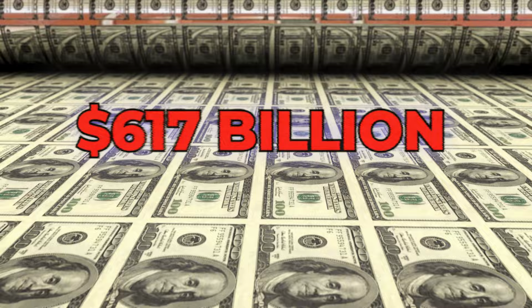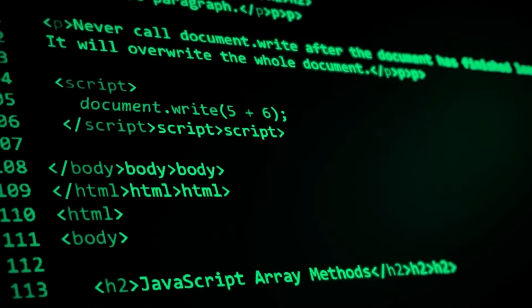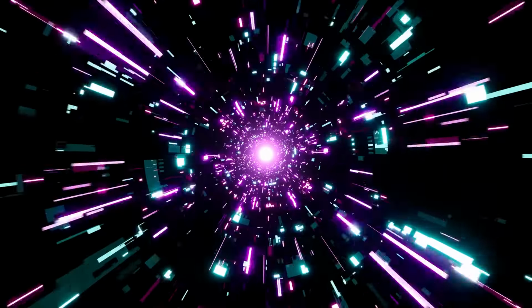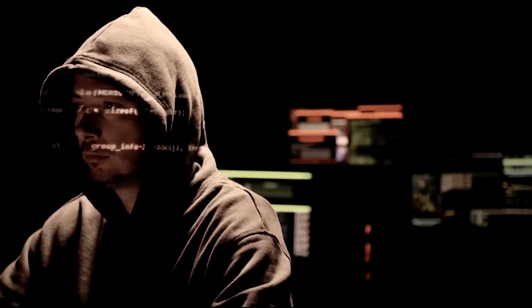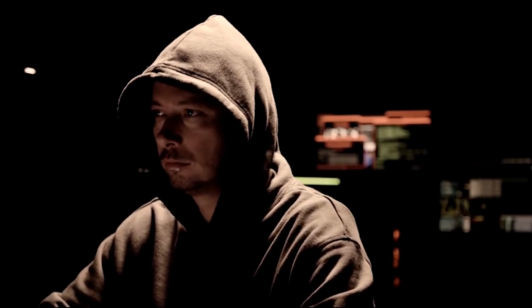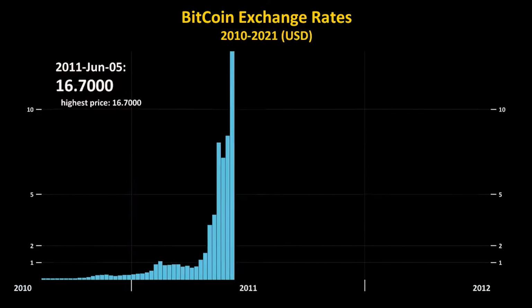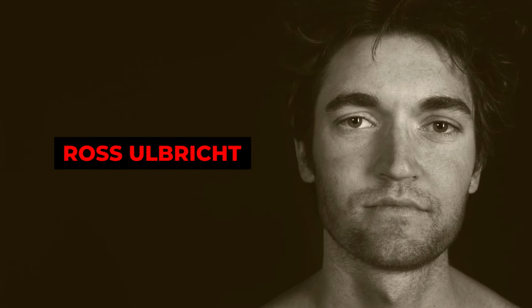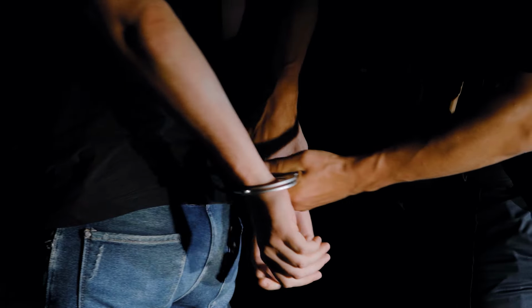Insane, right? The funny thing is, Silk Road and other dark web markets kinda gave Bitcoin a boost. When Silk Road was created, Bitcoin was valued at less than $1, but because the dark web pretty much requires a decentralized cryptocurrency, it was the perfect choice. To be honest, Bitcoin wouldn't be where it is today without a bit of illegal activity. The creator, Ross Ulbricht, was found and arrested in 2013 in a sting operation, which was ultimately the reason the site was taken down.